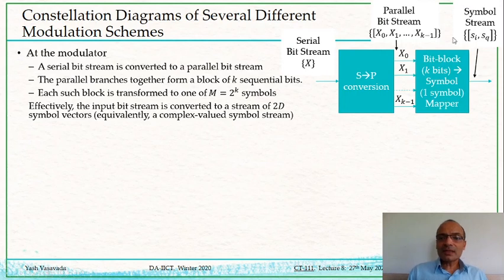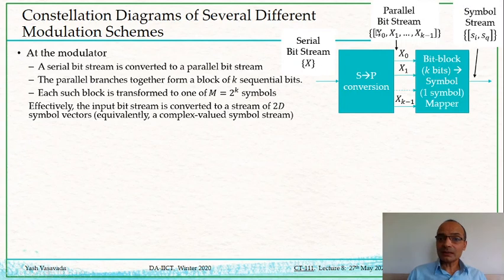Let's see how this diagram would look for BPSK, or for on-off keying, or even binary phase shift keying. For all such schemes, M is equal to 2, which means this small k is equal to 1. When small k is equal to 1, the serial to parallel block is trivial. There is no parallelization going on. You take one bit at a time. Because small k is 1, you just have x0 here. x of k minus 1 is the same as x0. So there is only one line here, and that gets mapped to a symbol point in the constellation diagram.